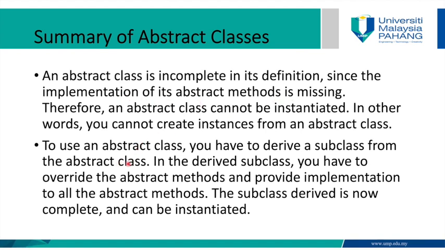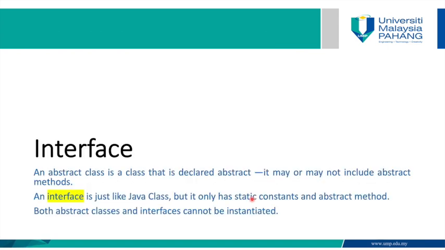So to use an abstract class, you have to derive a subclass from the abstract class. Then in the derived subclass, you have to override the abstract methods and provide the implementations to all the abstract methods, as we learned earlier. And the derived subclass is now complete and can be instantiated. Alright, so now let's move on to